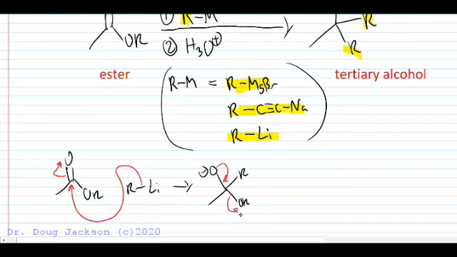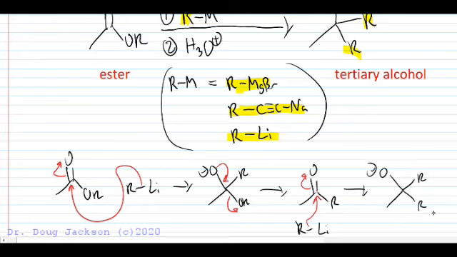We will kick off that leaving group, form a ketone intermediate, but then a second equivalent will come in and react pretty rapidly, more rapidly than the ester even. So we can't stop here,